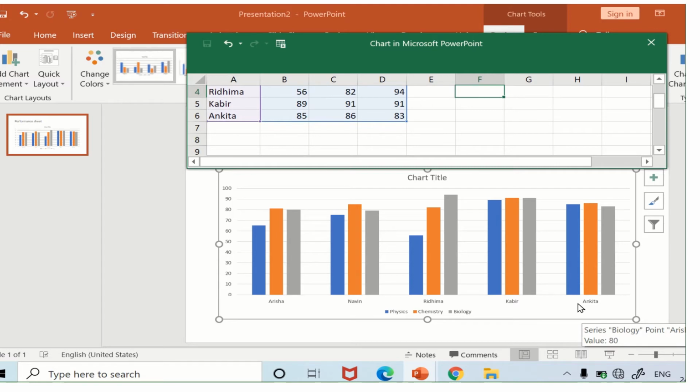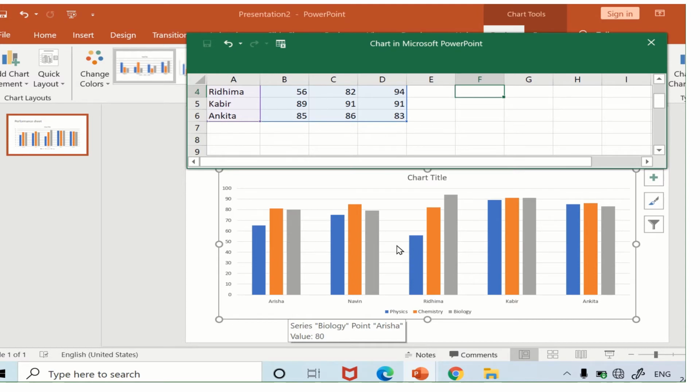Now in your practical it is saying that after changing the data you have to notice the change in the chart. Okay, so because chart is a graphical or a pictorial representation of the data, whatever data you are feeding in the data sheet, you can see the representation on the chart area.